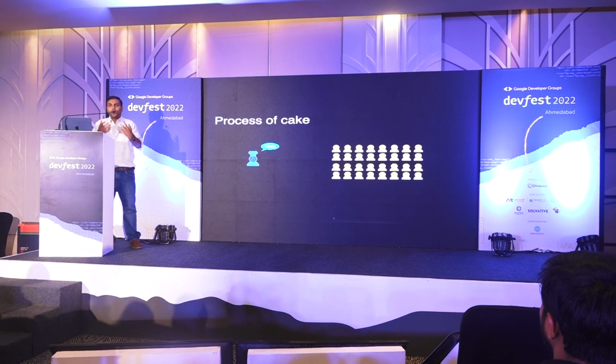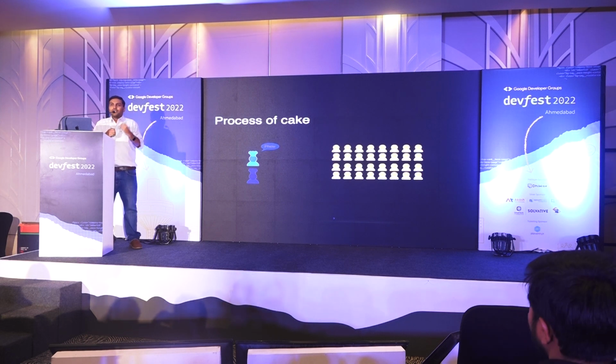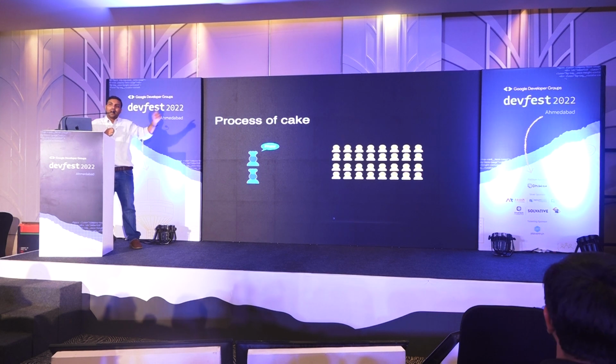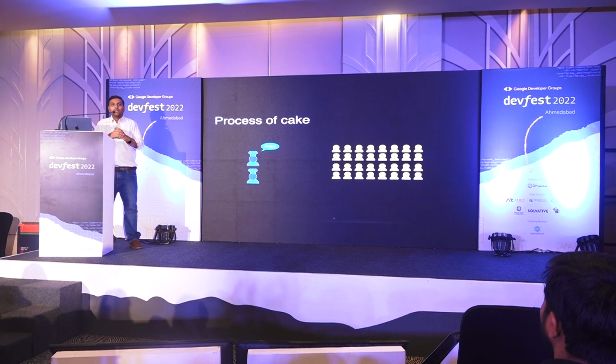Like I'm going to be way too exhausted by the end of the day because there are so many cakes to make and so much effort. Just imagine putting icing on the cake. There is the batter, there is then that oven process and so forth. There's so much to do, right? What happens if such a thing happens? I'm going to hire one more chef, correct? Now think of it like a developer. If you're a developer who's making an app, your manager comes and says to you, hey, can we please build 2 more features and deliveries by tonight? Aaj Saturday, Monday ko hame live jana hai. Just imagine that scenario, right?